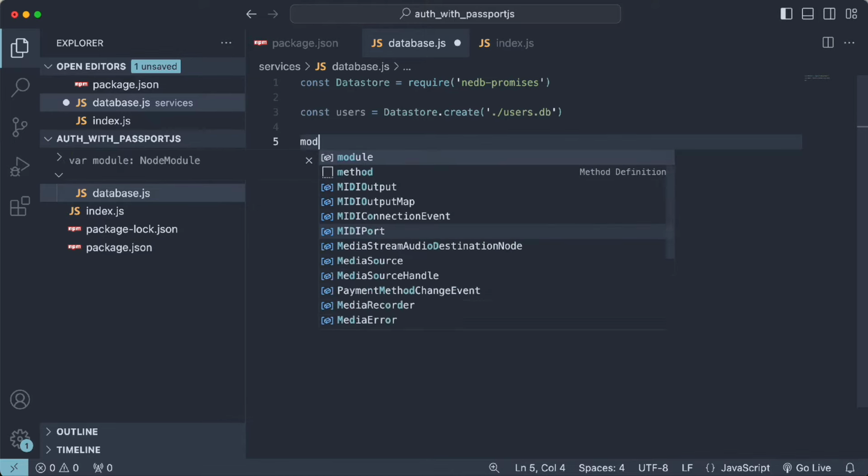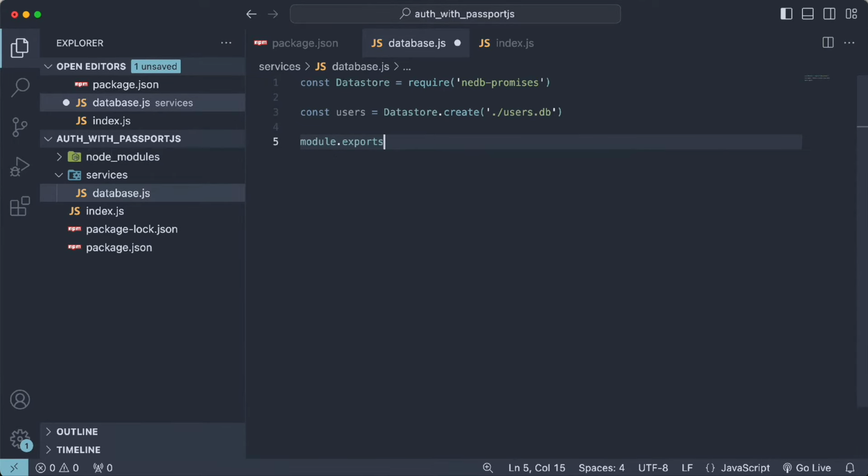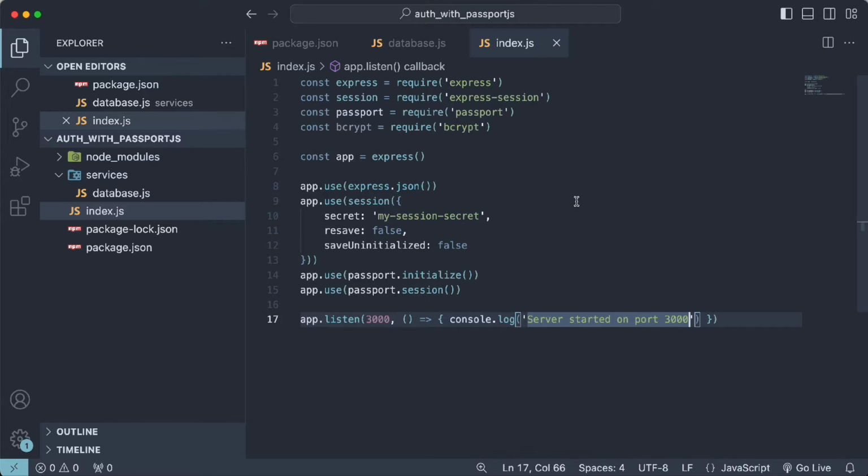So I'll call module.exports equals an object with the users constant inside. And that's all. Now back on the index.js file, let's import our database file so we can have access to